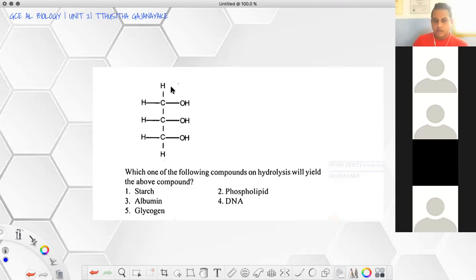This molecule is glycerol because it has 3 carbon and then 3